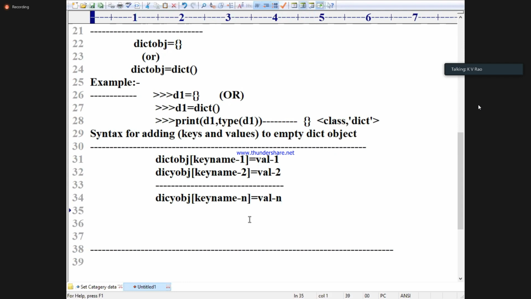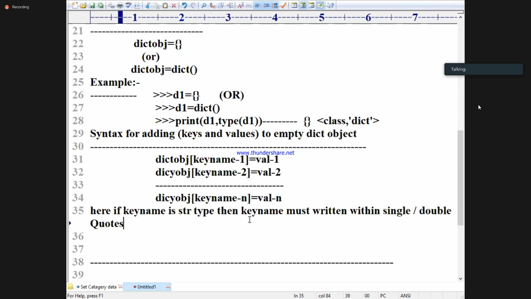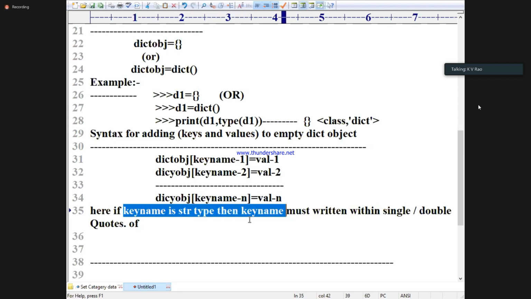See here students, if key name is str type, then key name must be written within single or double quotes. If key name is non-str type,